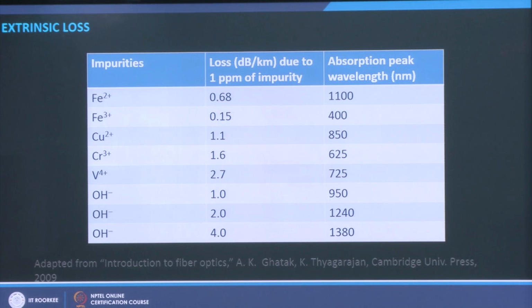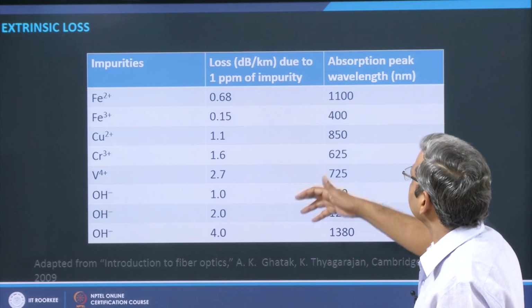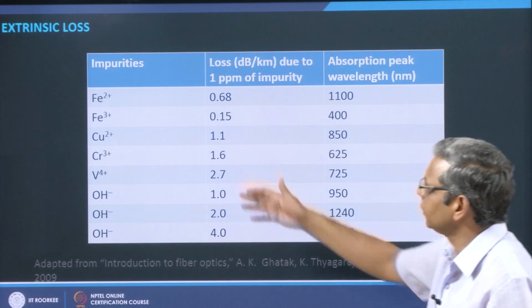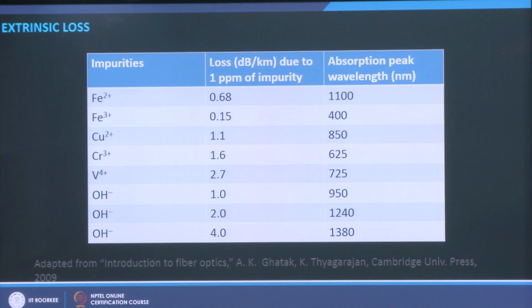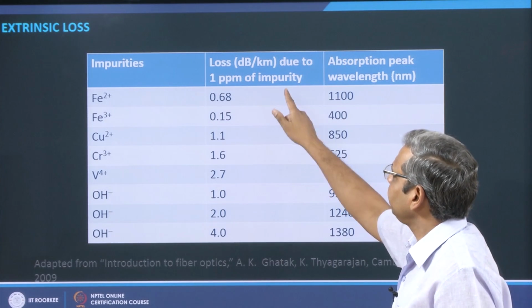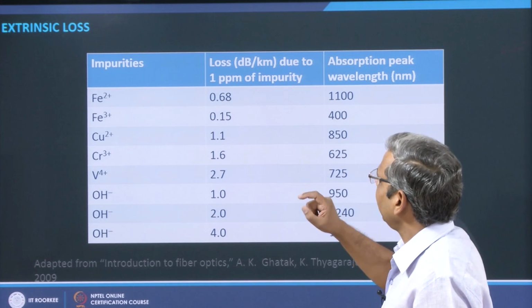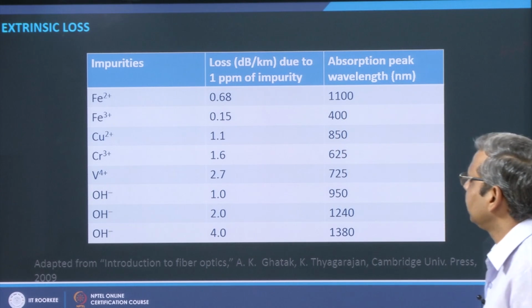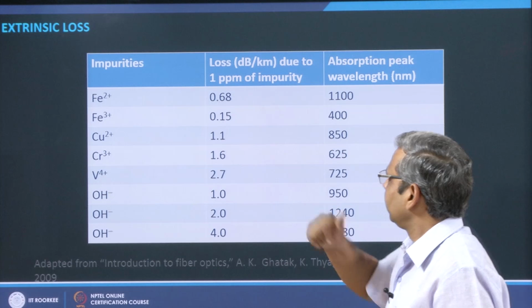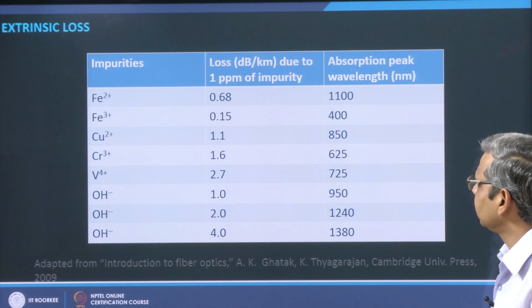Next is the extrinsic losses in an optical fiber, which are caused by various impurities in the fiber. So, here in this table we are showing what are the losses and at what wavelengths they occur due to various impurities of, for example, iron, copper, chromium, vanadium and water. So, this is the loss in dB per kilometer due to 1 ppm of impurity, and these are the absorption peaks. For iron, I can see that for Fe2 plus it is as large as 0.68 dB per kilometer, which occurs at 1100 nanometer wavelength. For chromium, it is 1.6 dB per kilometer at 625 nanometer wavelength, and I see 2